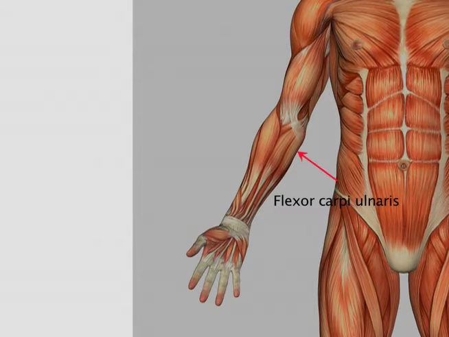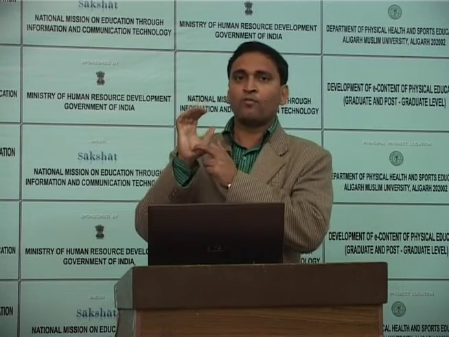This muscle originates from the anterior surface of the medial epicondyle of the humerus, and is inserted over the palmar side of the second metacarpal bone. It also has a flexor retinaculum, like the extensor retinaculum. On the anterior side of the wrist there is a retinaculum known as the flexor retinaculum, and this muscle's tendon passes through the flexor retinaculum and is inserted over the base of the second metacarpal from the volar side.